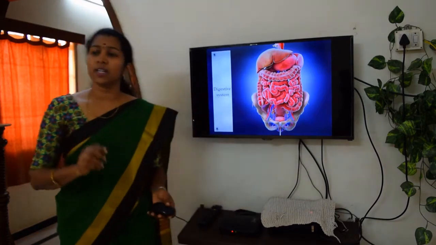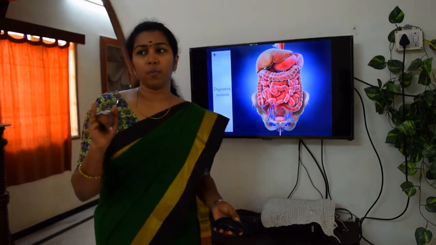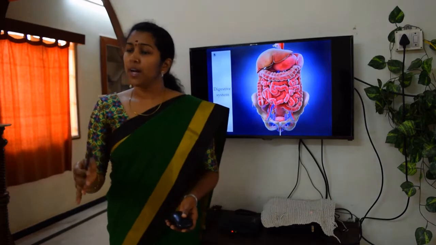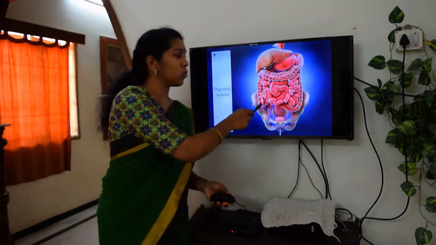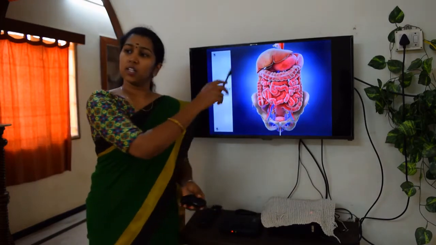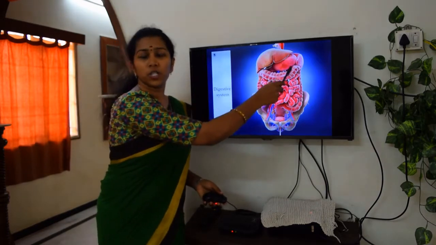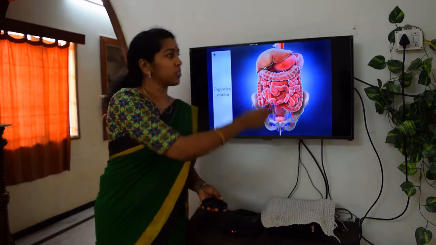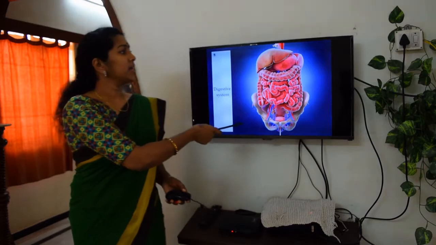The small intestine contains 3 different sections. The first section is the duodenum. Remember, the duodenum. The second section, here in the center, is the jejunum, and the third part is the ileum. The ileum opens into the large intestine, which again contains 3 sections: the ascending colon, the transverse colon and the descending colon, and that enters into the rectum and the anus. This is the ventral side of the digestive system, and here it is the dorsal side.